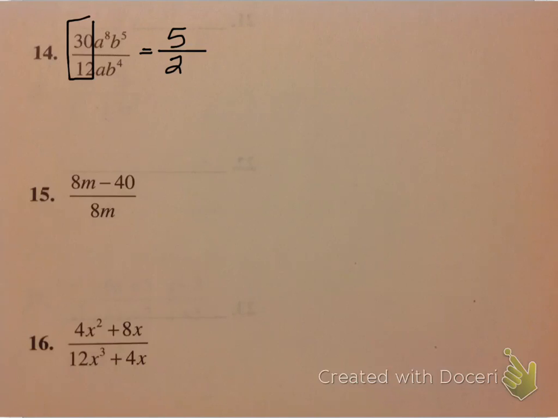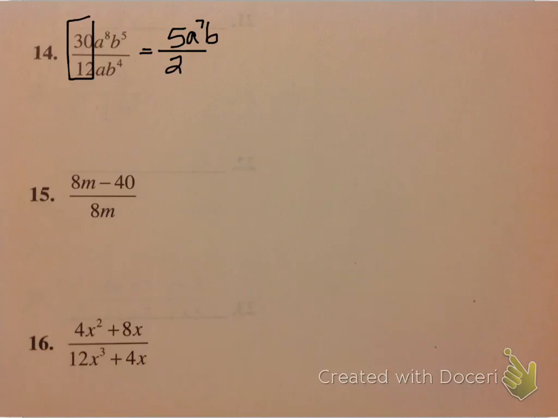Now, look at your a's. So I see a to the 8th over a to the 1. Recall your exponent rules: if the bases are the same, you subtract your exponents. So a to the 8th divided by a to the 1st would be a to the 7th. And with my b's, I have b to the 5th over b to the 4th, which would leave me a